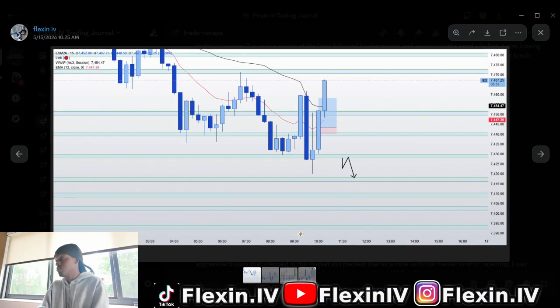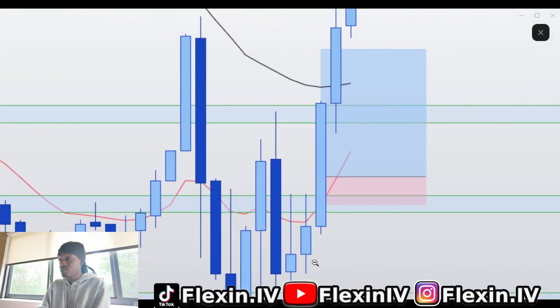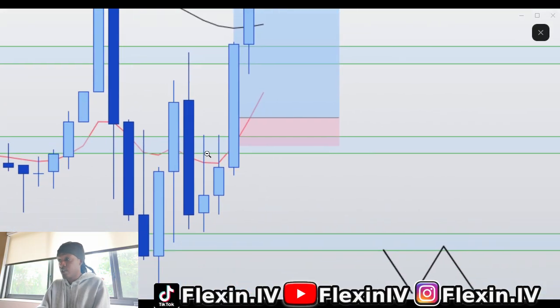So what I did, went to a different time frame right here. This is the 5-minute time frame, I believe. Now we have a rejection right here, and then we have another rejection right here, but these candlesticks are closing bullish. Now, what I was basically looking for was the market to end up flipping and continuing